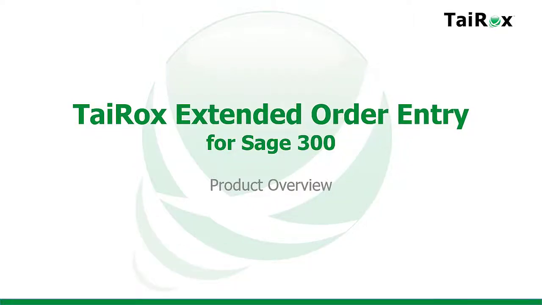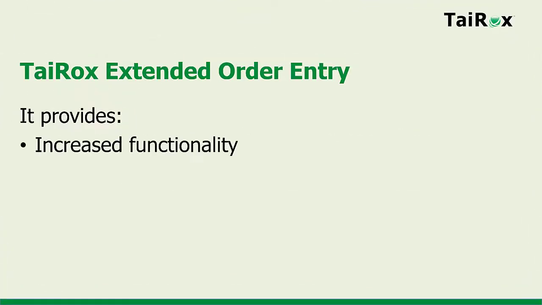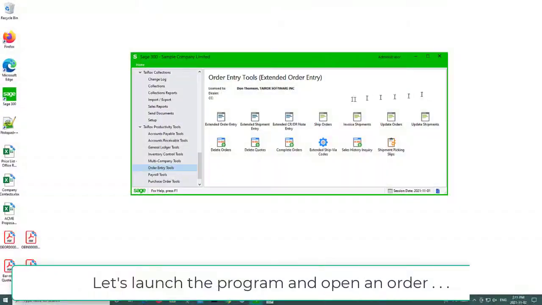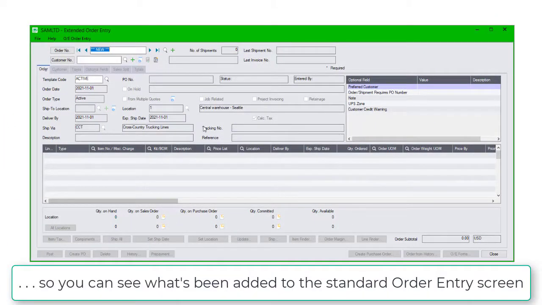TaiRox Extended Order Entry is a feature-packed replacement for the Sage 300 order entry screen. It provides increased functionality and faster access to orders, customers, and items. Let's launch the program and open an order so you can see what's been added to the standard order entry